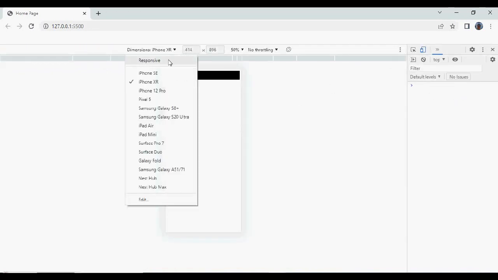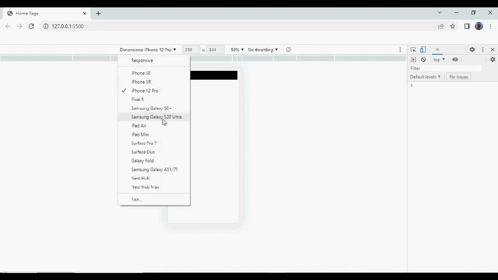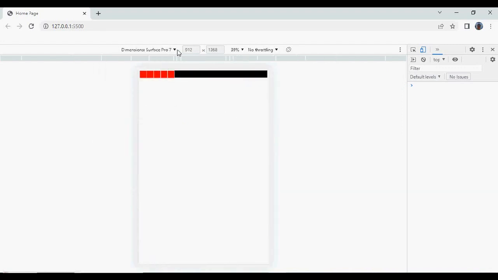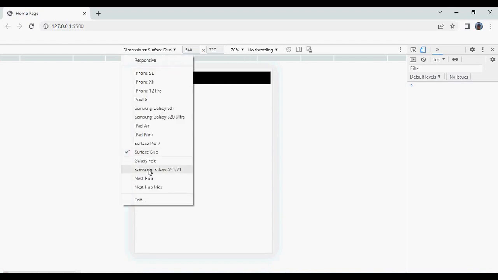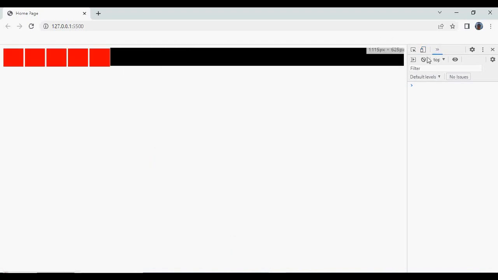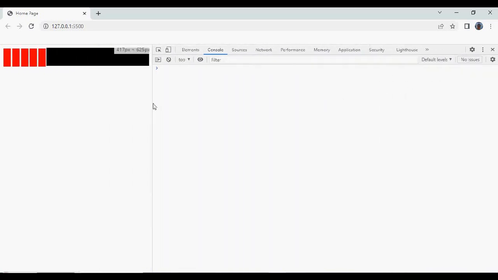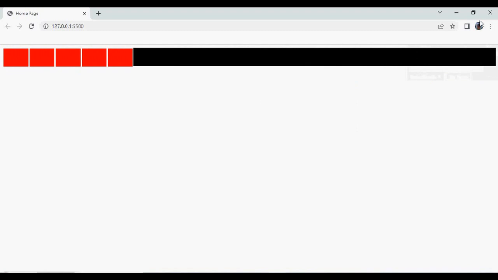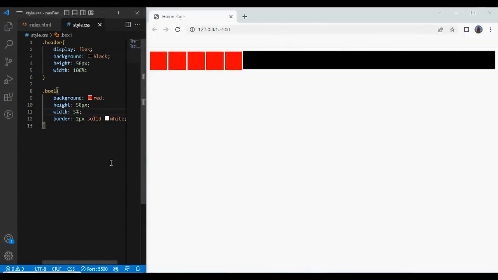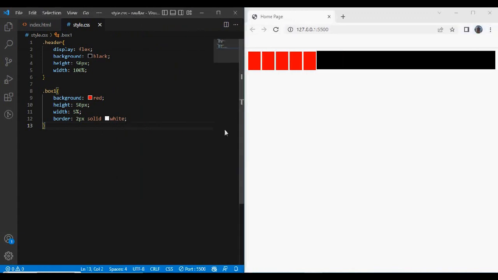Even though I go to any mobile phone, I select iPhone 12 Pro, Samsung Galaxy S20, just pick any phone, it is going to shrink with the screen size. That's why it's important for you not to use pixel. Well, you can use pixels for practice, but when you're doing a real project, you need to use percent, because 100% of the screen will always go 100% of the screen, while it's small or it's big. Okay, with that done,